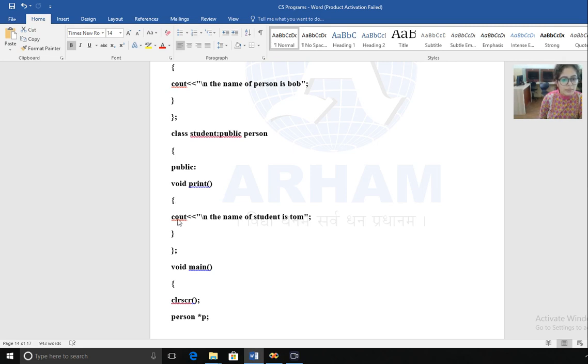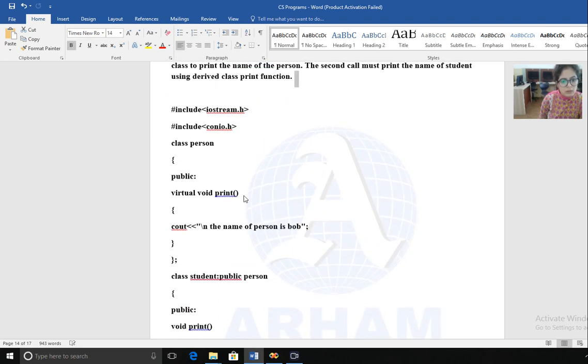Now start with the curly bracket cout. The cout statement is used to print the message on the output screen. For example, you want to print the message as the name of the student is Tom. So in the base class, in the print function, we have